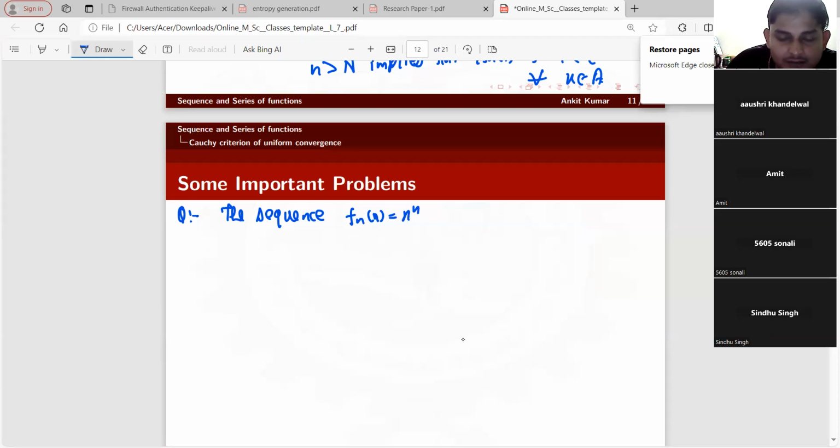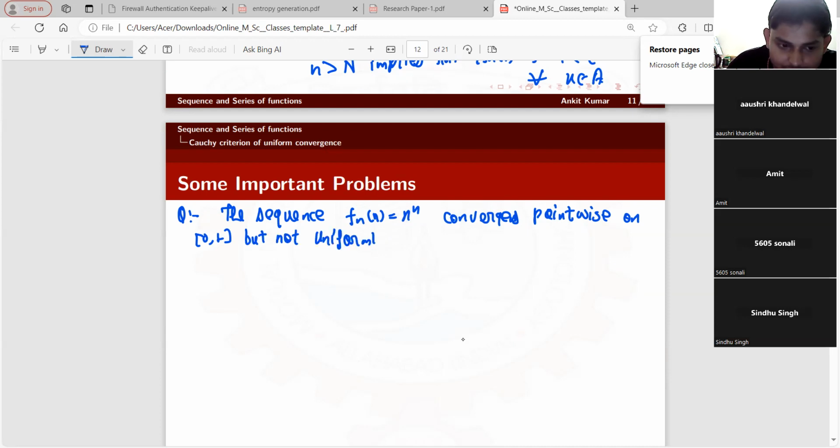We say that it converges pointwise, because we already proved in the above slides that it converges pointwise on the closed interval 0 to 1, but not uniformly on the closed interval 0 to 1. For x lies between 0 and 1 and epsilon lies between 0 and 1, we have